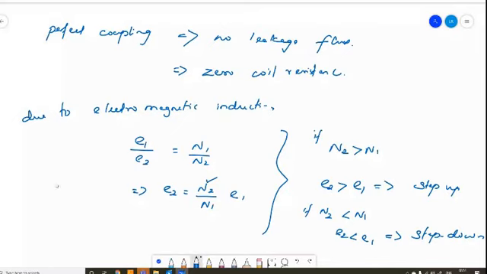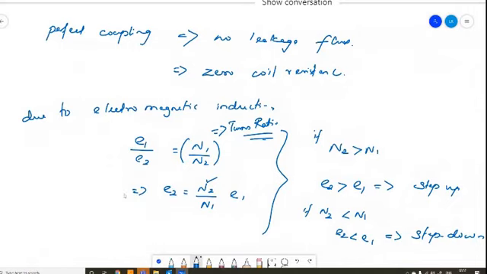And if you want to see the same thing in terms of current, I can express this turns ratio. This N1 by N2, I will be calling the turns ratio of the transformer. It's a very important terminology because the transformer is all about these ratios. The transformation of the voltage or the current depends on this ratio, which we call the turns ratio, which is nothing but the number of turns in the primary divided by the number of turns in the secondary.